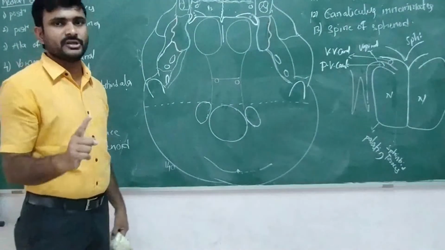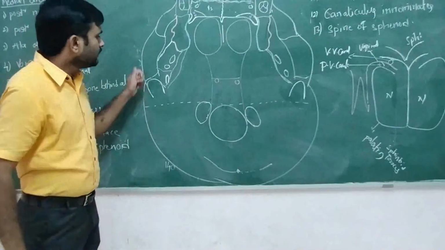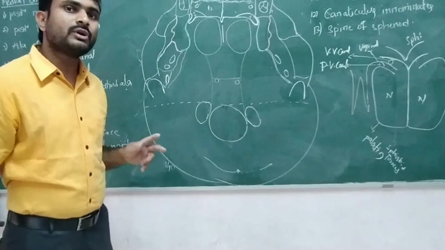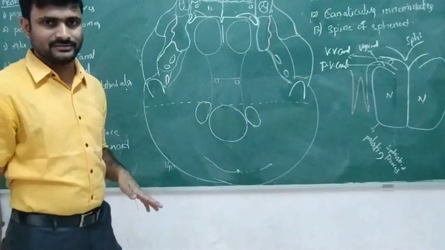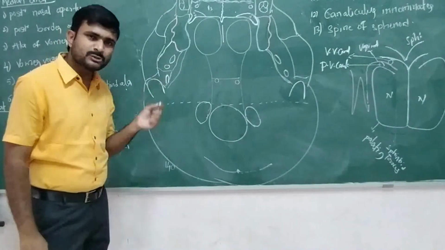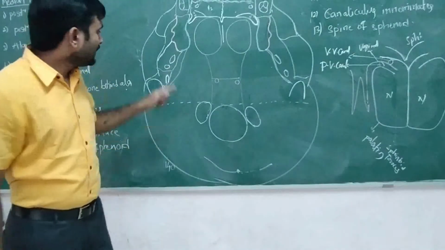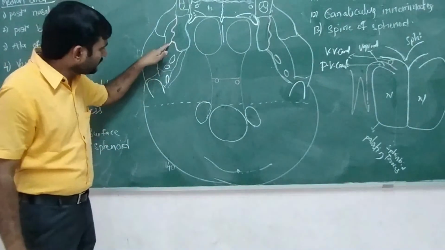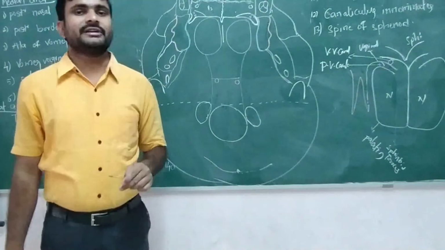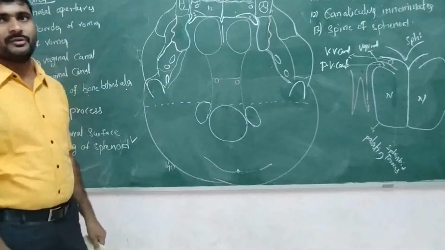It is pentagonal in shape. One muscle gets attached, that is called the medial pterygoid muscle. Okay, and here 4 foramina are present, but I am drawing only 2 foramina. The rest of the 2 are the innominate foramen. It is not present regularly, so that's why I draw only 2. Where this pentagonal shape ends, it shows a small bony projection called the spine of the sphenoid. Laterally, this pentagonal shape ends with one crest, called the infratemporal crest of the sphenoid. Clear? So this is about the infratemporal surface of the sphenoid.